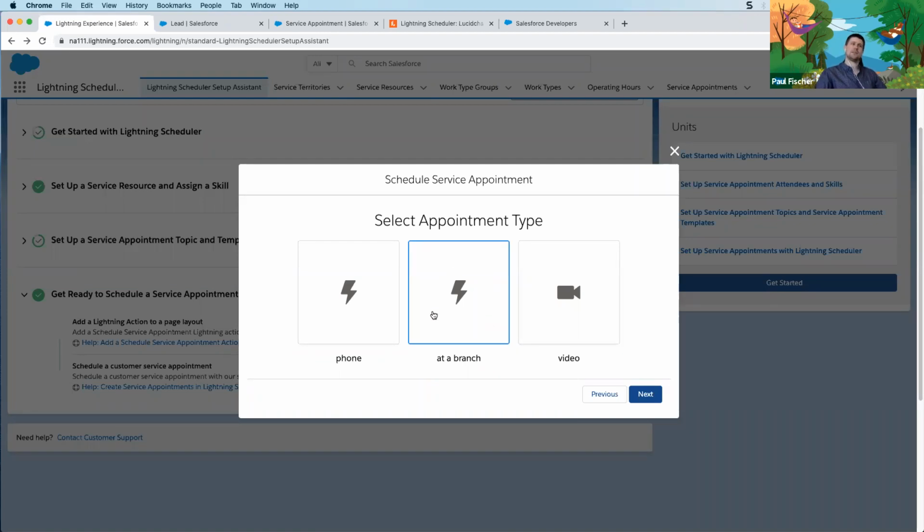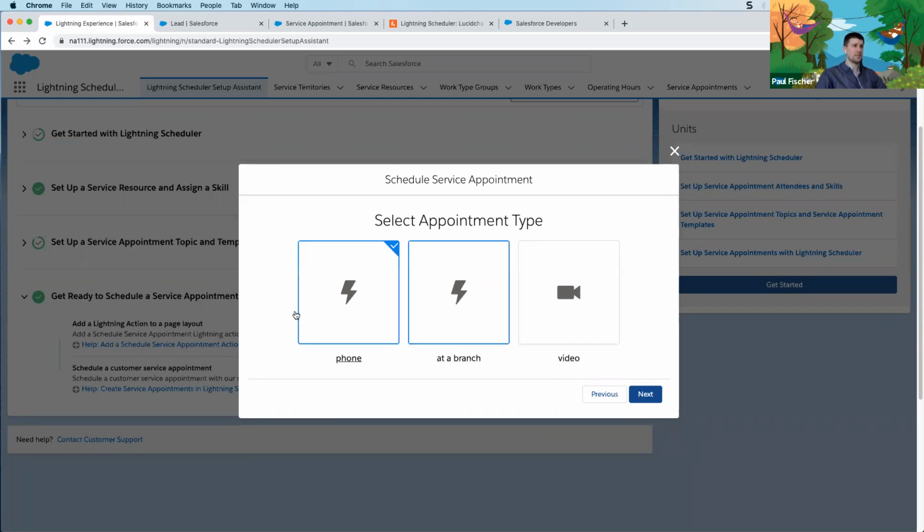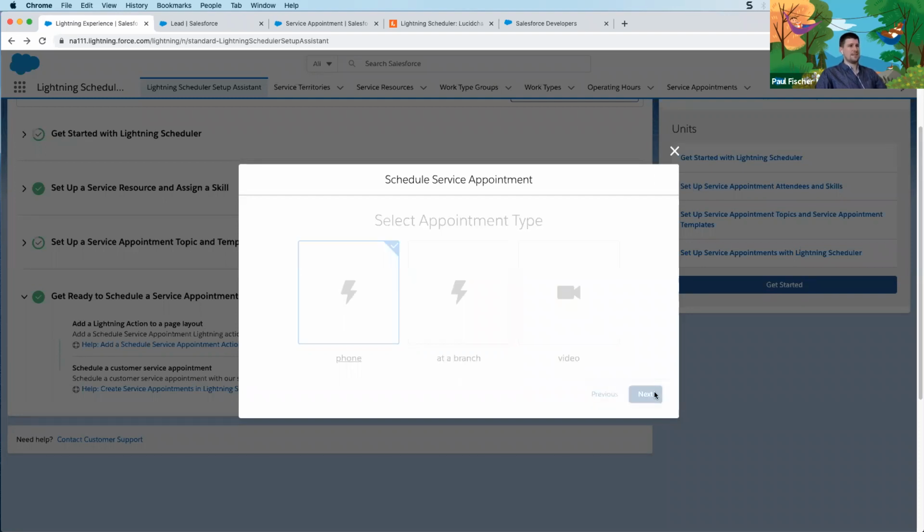Maybe I mistook the API name for the branch or the phone. Not sure why the icons aren't pulling in here. You can specify here what type of appointment you want it to be. Phone is, like I said, more common given the global pandemic. And